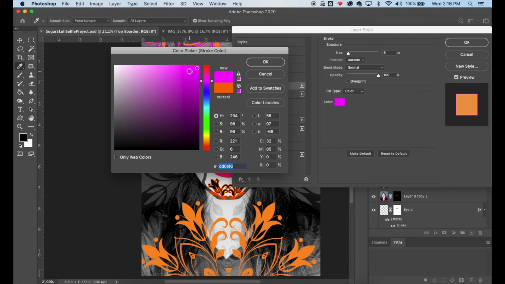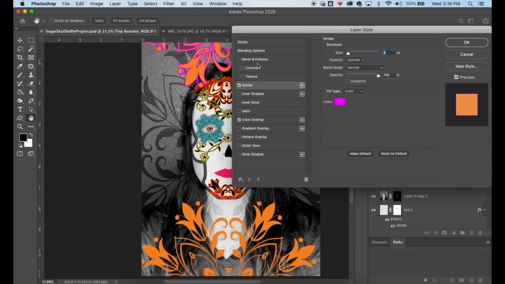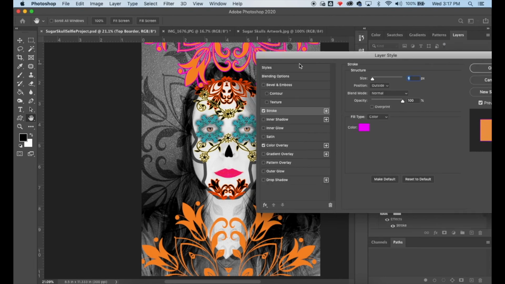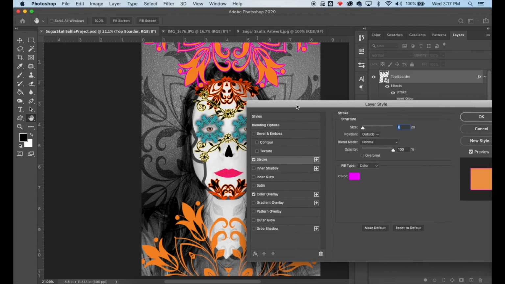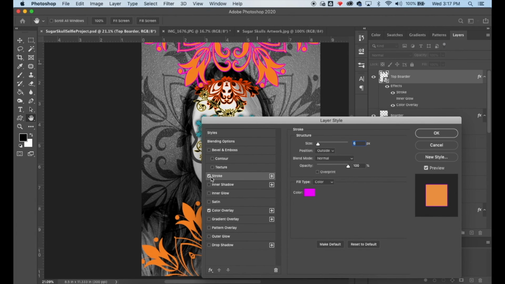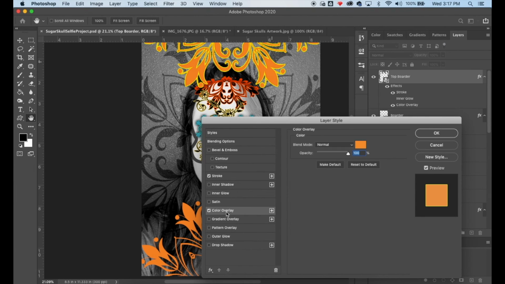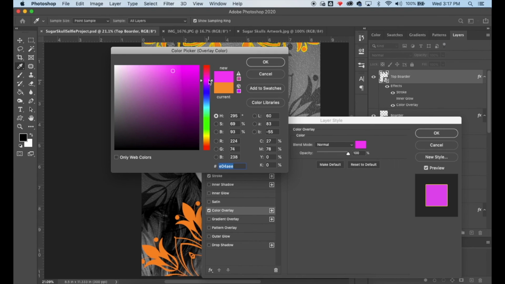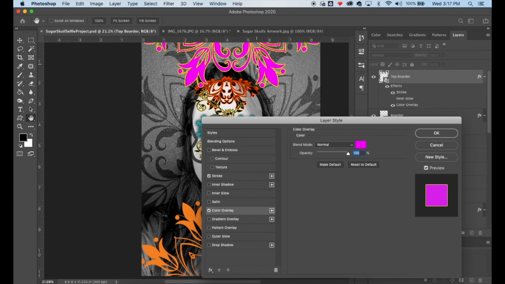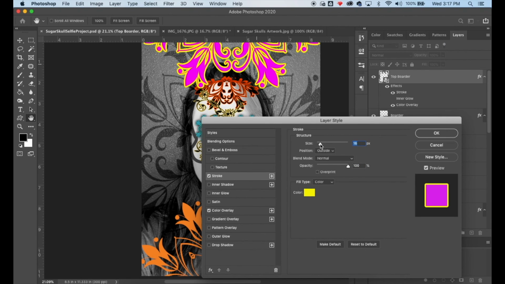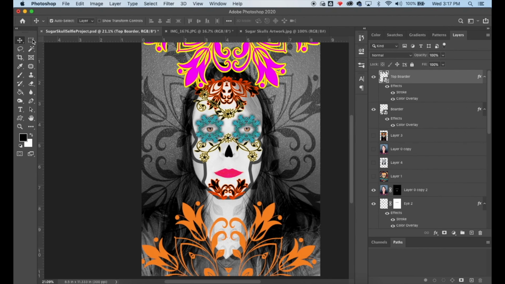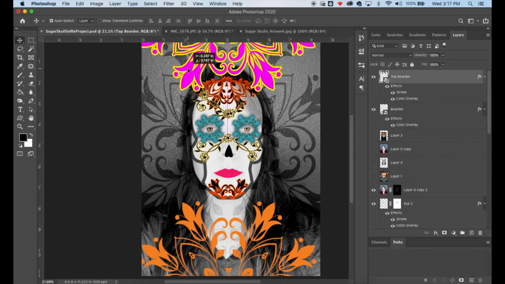And I'm going to try a couple different color combinations here on an outline and an overlay to see what looks good. The nice thing is you have lots of options here and you can preview all of them. And if you use one and you decide to change it later, it's really easy to get back in your layer styles and change them. And the good news is now that I've got one the way I want it to be, we can copy the layer style and apply it to the other one